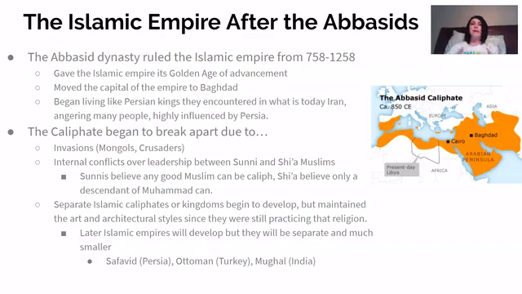So the first four caliphs after Muhammad, those are the ones who have their names in the Hagia Sophia, were called the rightly guided caliphs because they were doing it for what they considered to be the right reasons. But as the empire became bigger, to be a caliph really meant to be an emperor. So you wanted the trappings and the image that came with being an emperor.